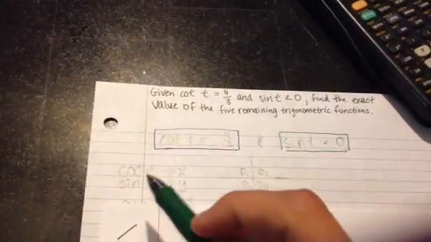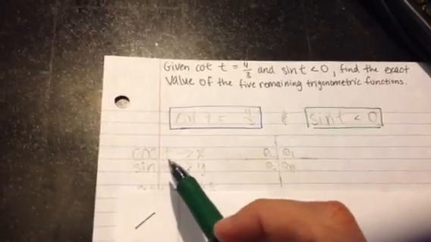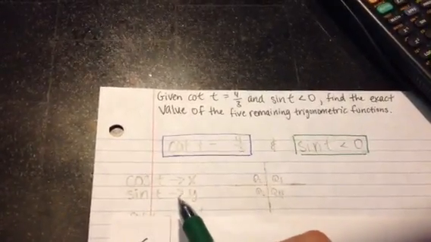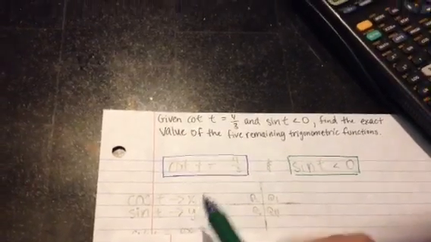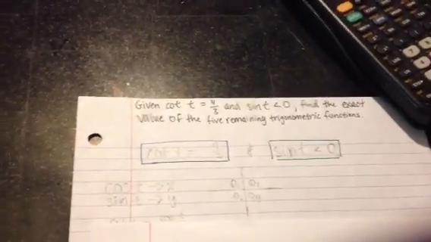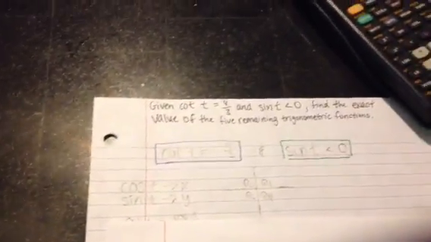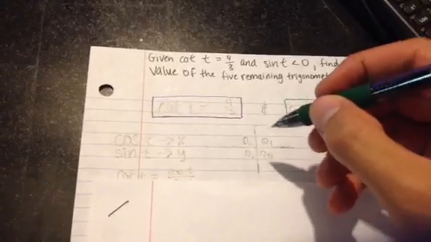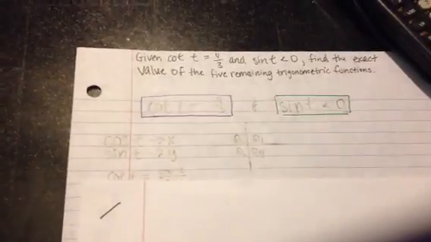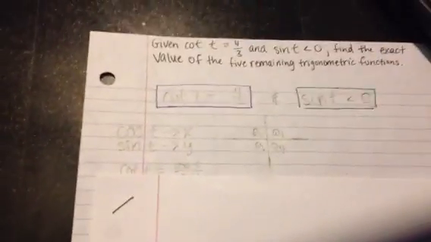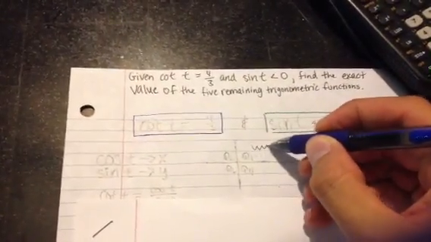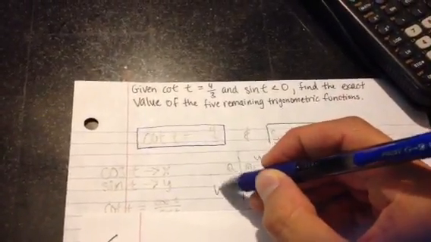right here, actually before I go into that, cosine of t correlates to your x value, and sine of t correlates to your y value over here. So there are two possibilities for where the value of t, for cotangent can be positive. Cotangent can be positive in the first quadrant over here, and in the third quadrant right